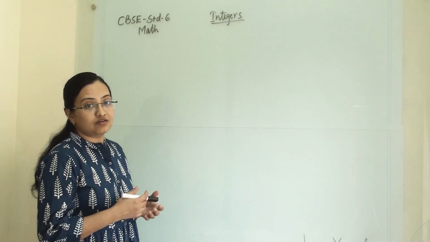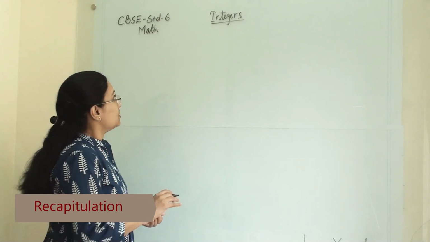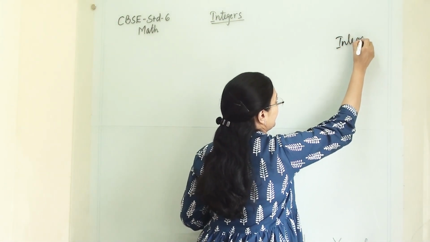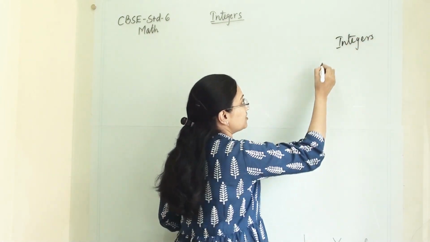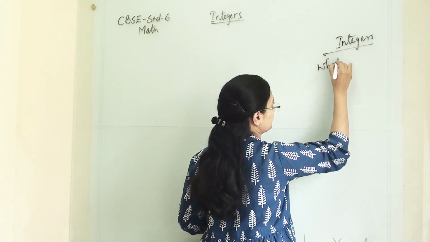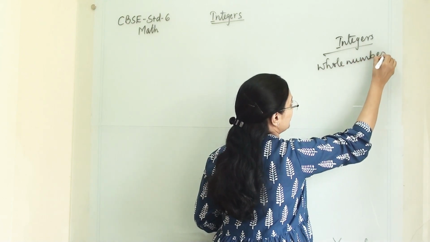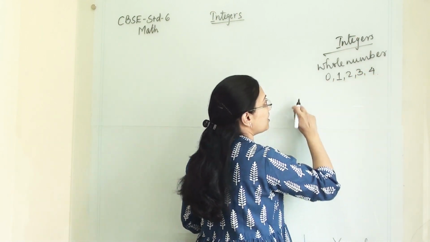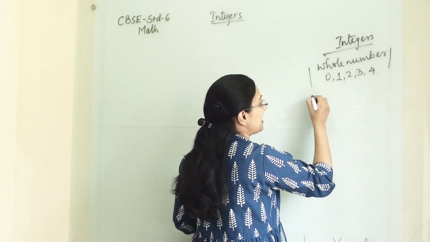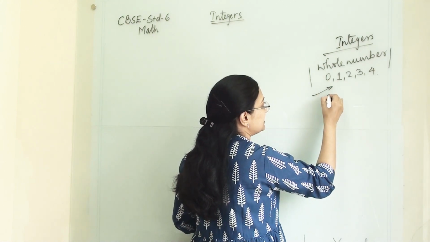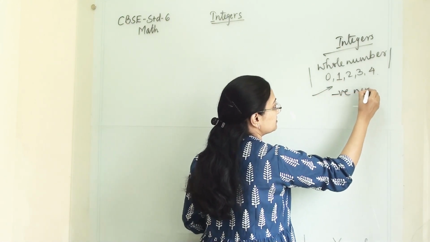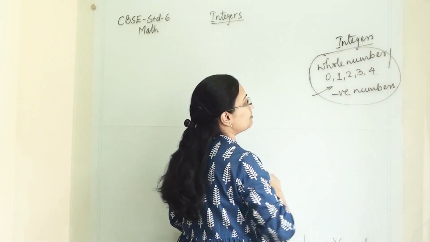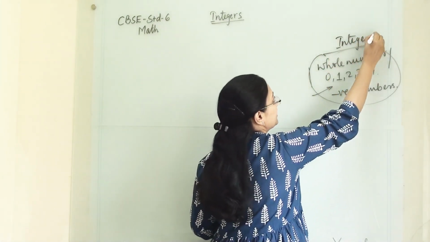So let us recall our knowledge about integers. So here basically we are going to study integers. And what are the integers? When we are talking about whole numbers, what are the whole numbers? With 0, all the positive numbers are whole numbers. When we are adding the negative numbers into this, then completely this bunch of numbers are called integers.